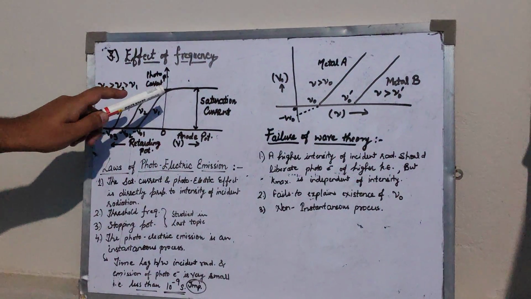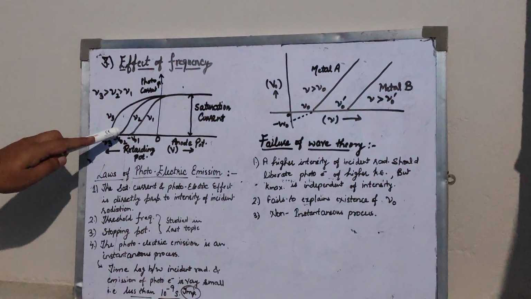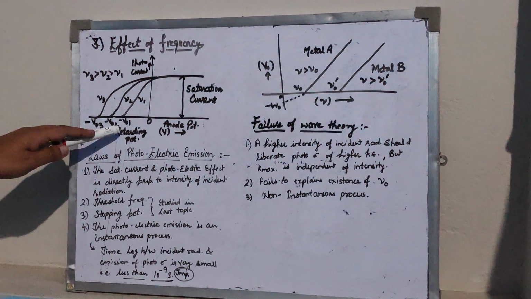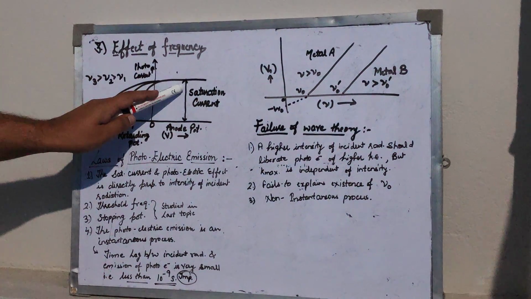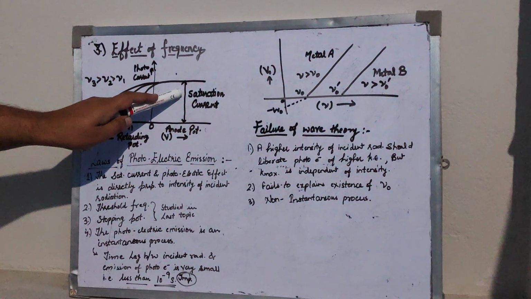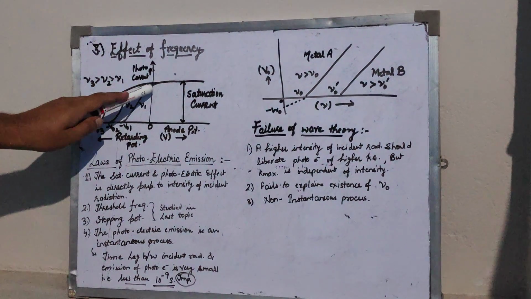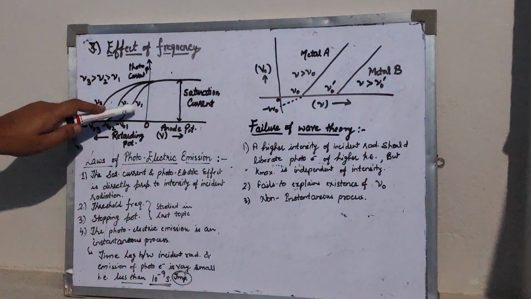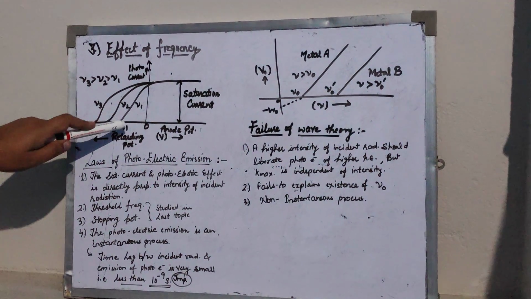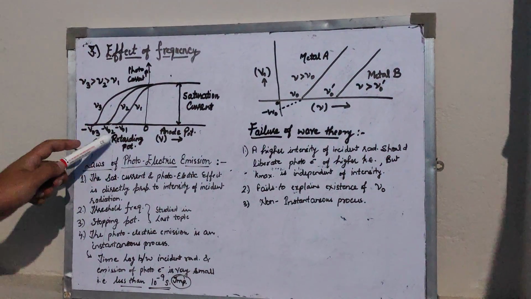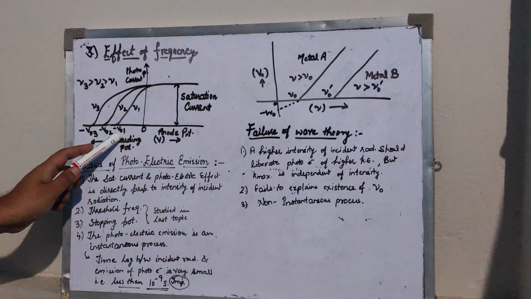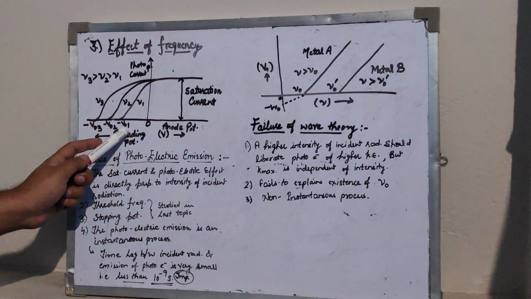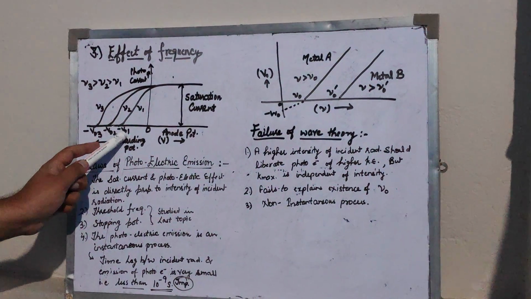The potential on plate A gradually reaches 0 and then increases in the negative direction till the stopping potential is reached. Here in this graph we can see this is the saturation current, which represents the maximum value of the current, and then it is gradually decreasing. This is the retarding potential, meaning we are getting the potential in negative, and at the frequency nu1 we reach the stage of maximum potential, which is known as the stopping potential. V01 represents the stopping potential for the